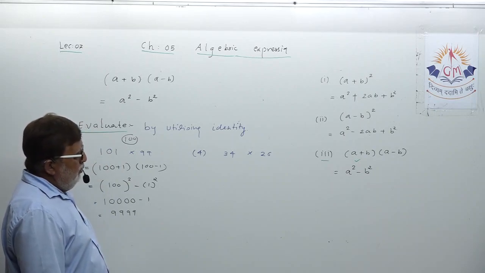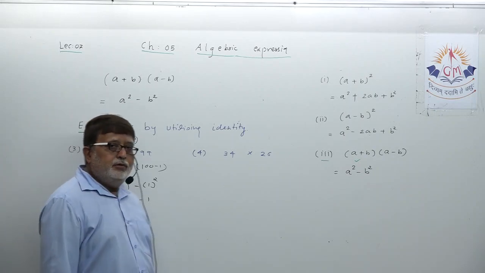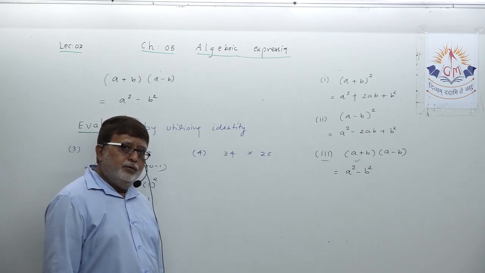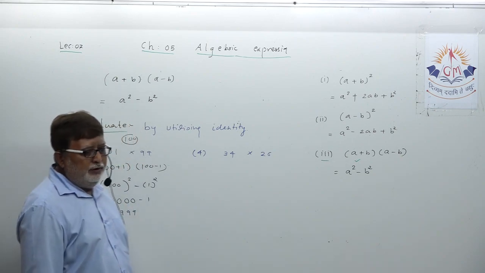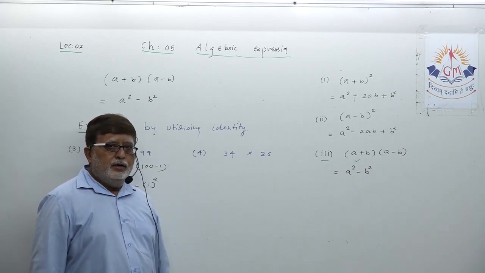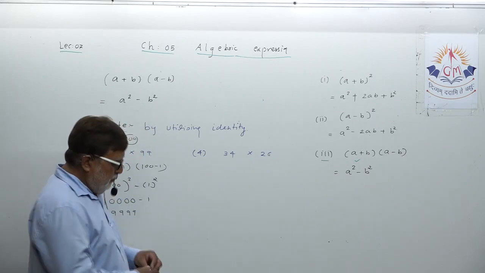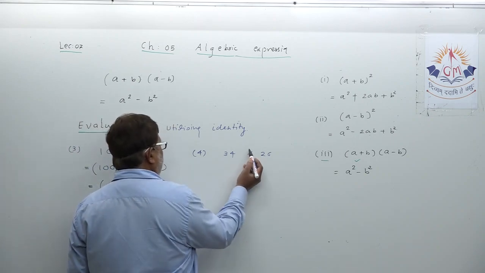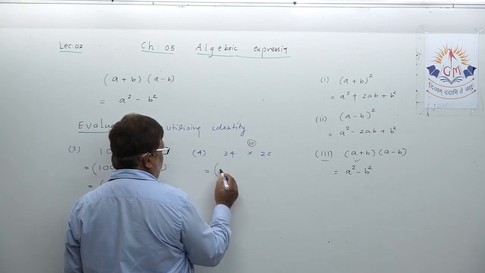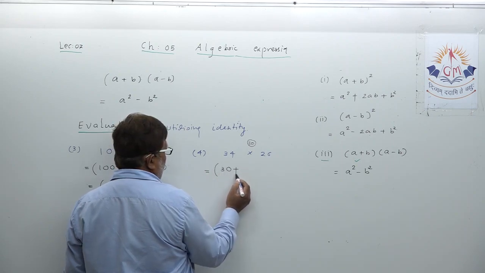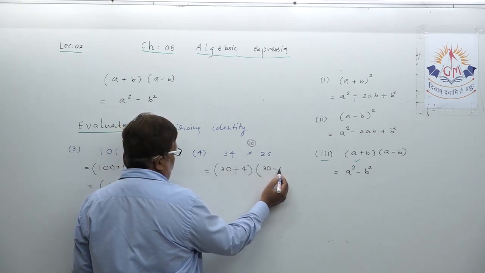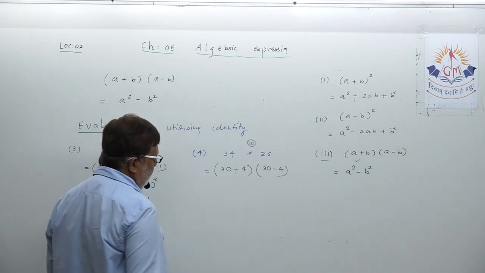Which is that number? Understand, you have to always think of a common number, as I told you. That's compulsory. You do not have to think 30 and 20. No, a common number. So the common number between these two is 30. Okay, let us write here 30 plus 4. You understood this? And instead of 26, 30 minus 4.